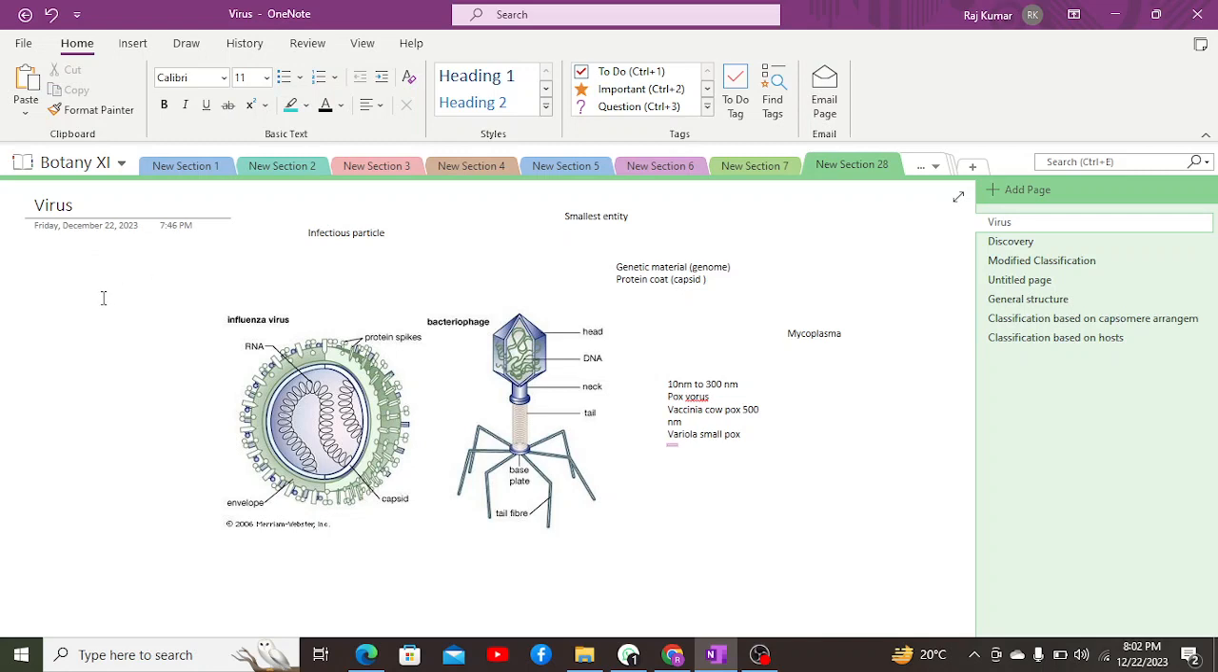Now coming to some other parts, viruses do not have their own metabolic machinery. What does this mean? This means that viruses do not have the capability to synthesize by themselves the material required for their metabolic needs. So they depend on the host's metabolic machinery to synthesize the material they need to sustain themselves in this world. An example of this is